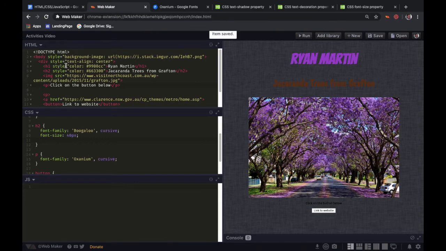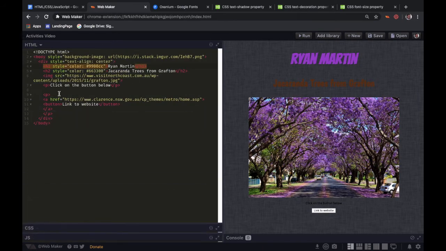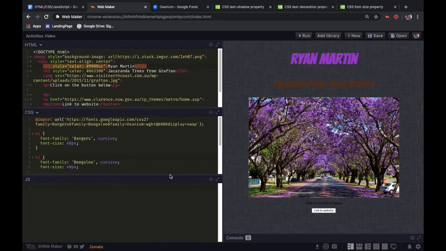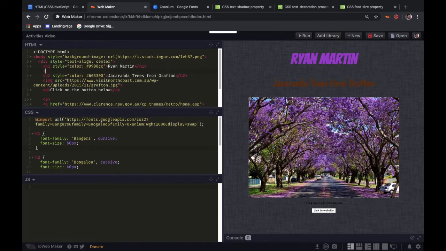Now, we don't need these style snippets of code in our HTML anymore because we've started using CSS. We didn't need CSS before because we had it all in our HTML. But because our web page is growing, it's getting bigger, it's using more tags, that's when CSS comes in. So I'm going to take that style color and make it, because the example that I'll give is if I have a heading 1 tag now